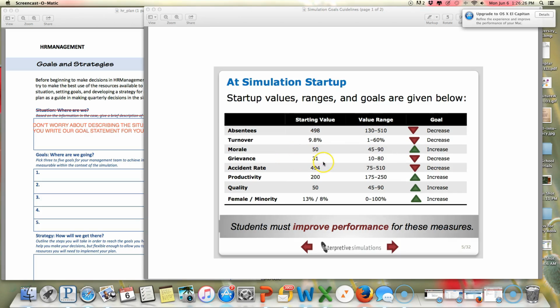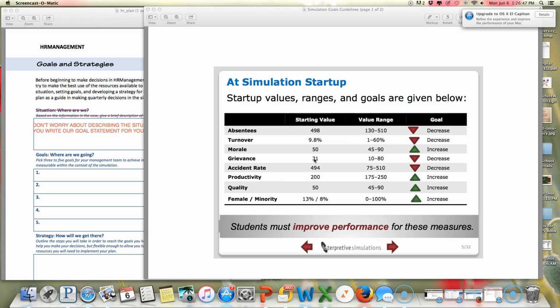In terms of grievances, we started at about 31, which is still pretty high. The company currently does not have a grievance plan. The assumption is if we have a grievance program, these grievances are being addressed and we should see the grievances go down eventually. A lot of times when you implement a grievance program, grievances go up for a while because